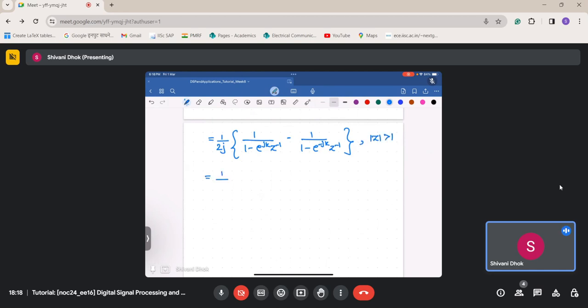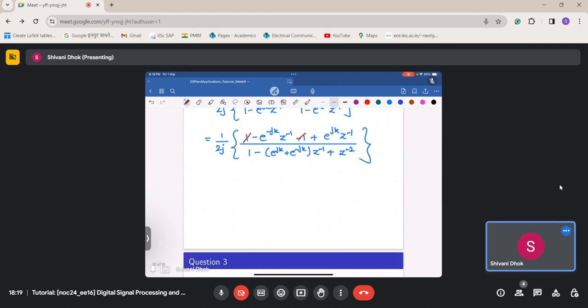So this I can write as 1 upon 2j, inside the bracket 1 minus e power minus jk z inverse minus 1 plus e power jk into z inverse, upon 1 minus e power jk plus e power minus jk z inverse plus z to the power minus 2. So these terms get cancelled, and what we have is